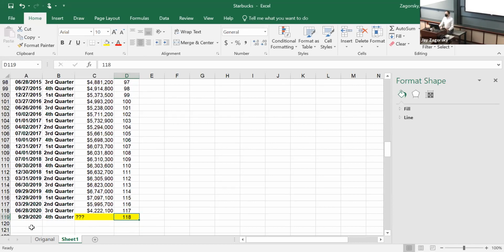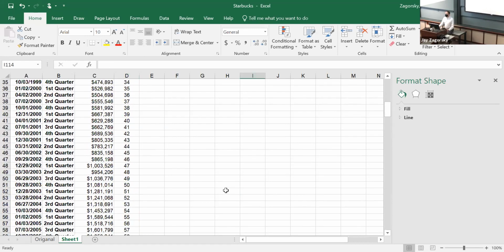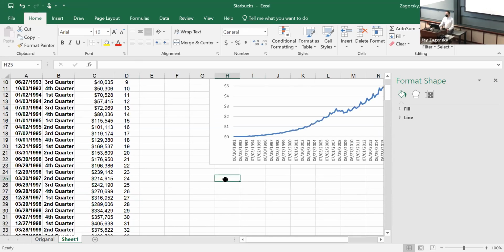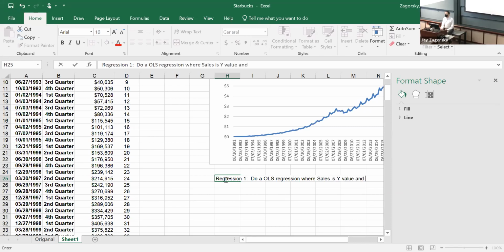So I'm going to be quiet. Step 1 of regression: do an OLS, ordinary least squares, which is what Excel does automatically. Sales is the Y value, and time is the X value.